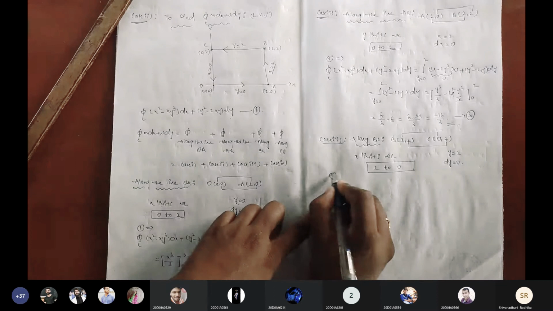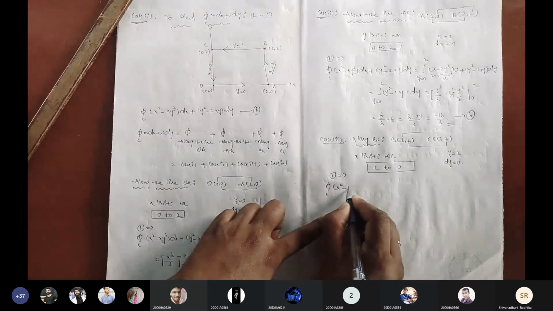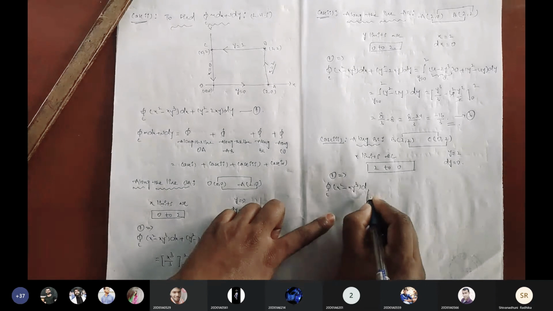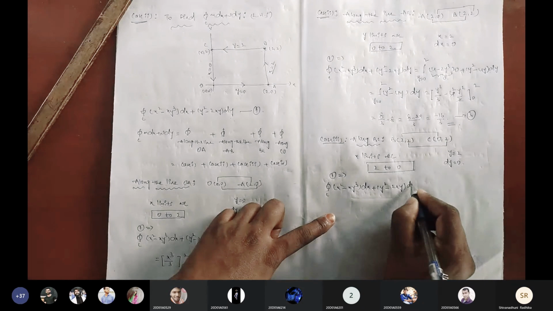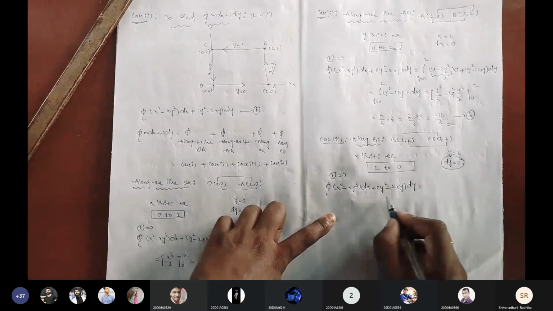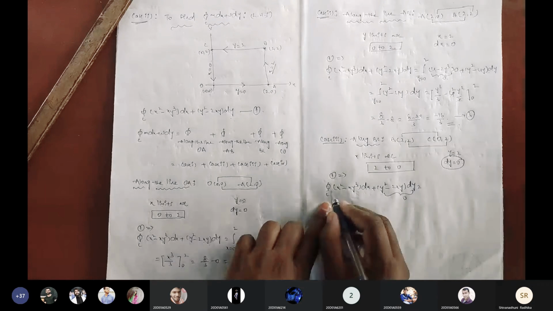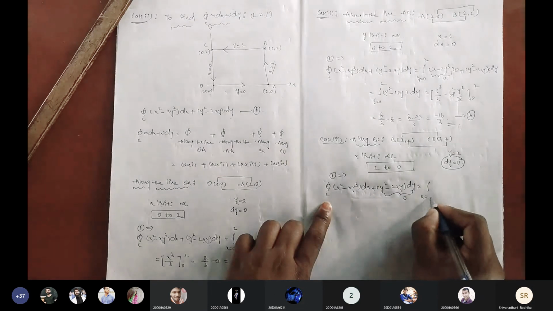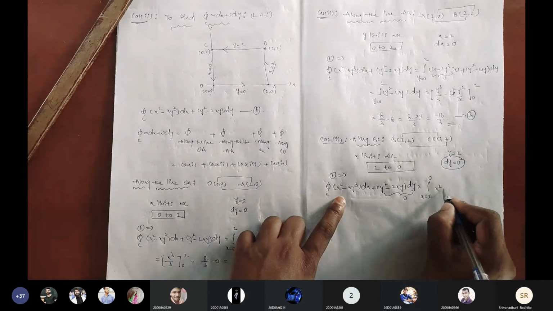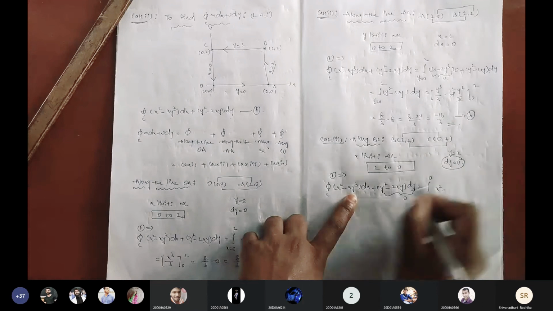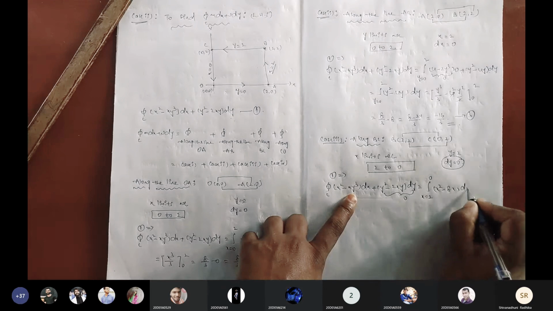Now again, equation 1 implies the integral over curve C of (x square minus x y cube) dx plus (y square minus 2xy) dy. See, dy is completely 0, so this term is completely 0. Y equals 2, we are going to substitute. The integral, the x limits are x equals 2 to 0, of x square minus y cube, y equals 2, 2 cube is 8, so 8x, into dx, right?